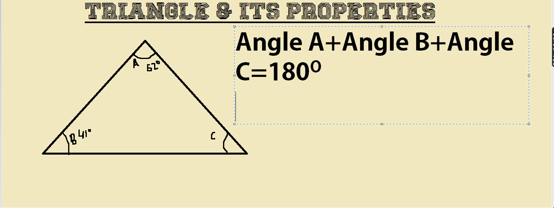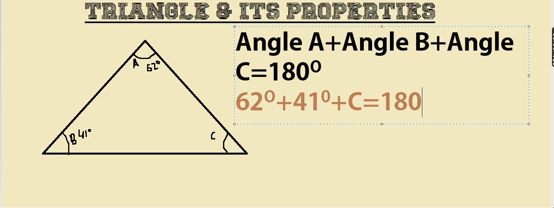Similarly in case of angle B हम वहां पर लिखेंगे 41 degrees. And third angle C, वो हमें निकालना है. I do not know, so I will just write C there. Plus C, that is equal to 180 degrees. अब हमें करना क्या है? I have to find this third angle. तो C को हम यहीं इसी side left hand side में रख देंगे.